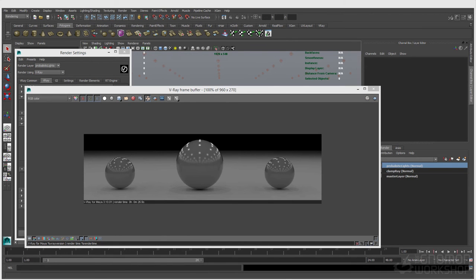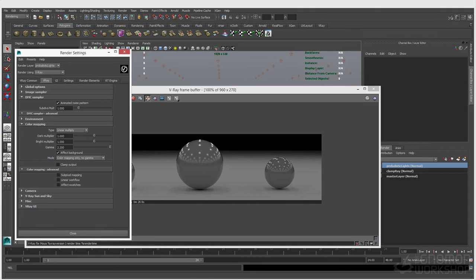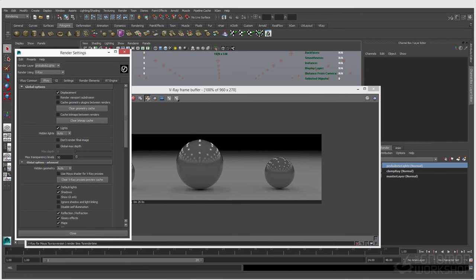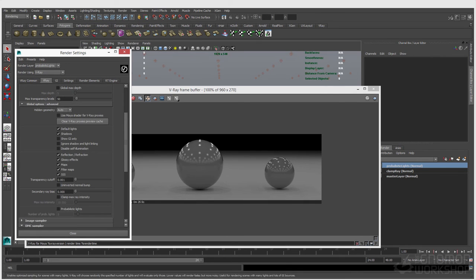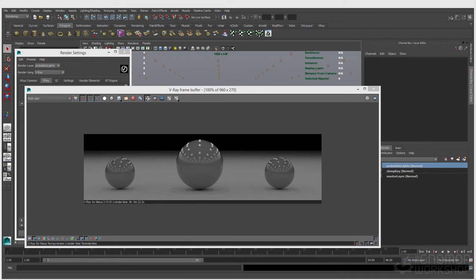Okay, so I'm saving these images in the history, but just so you can see, this is what the actual image looks like, and without probabilistic lights turned on, this image took 26.9 seconds to render. So let's go into our global options, and under global options advanced, we'll expand that down. We're going to turn on probabilistic lights, and we'll first see what the render time does set to a value of 8. So you can see our render time dropped to 22 seconds,